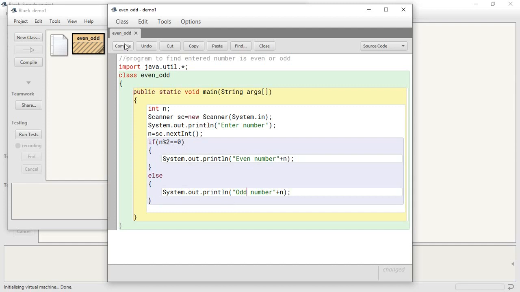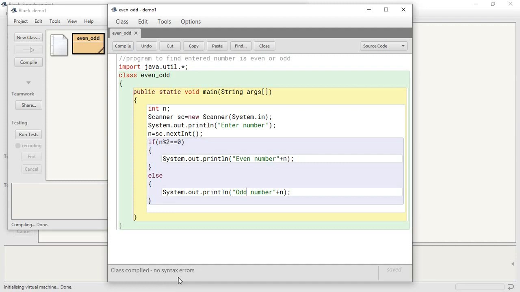Then click on Compile. The class has been compiled with no syntax error. If there is any syntax error, it will give an error message.